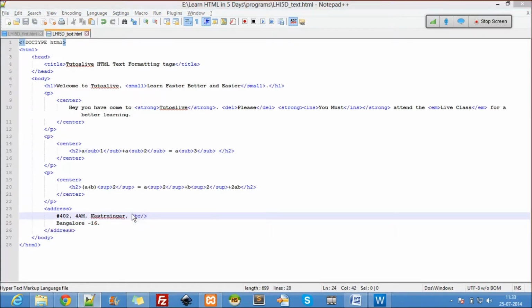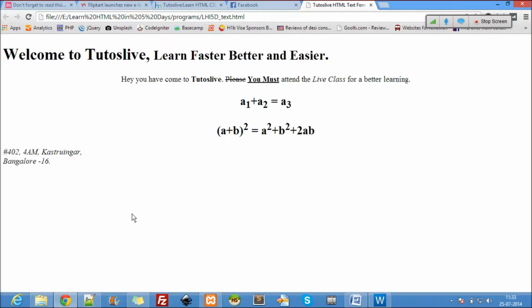So coming to these tags, these are just semantic tags, they make things look like the actual name, like strong is for bold, ins is for underline. Something with a real meaning, I call a semantic meaning. That's the only reason why we use these tags. In general, they don't have much significance, they just format, that's it. As the name suggests, text formatting tags.